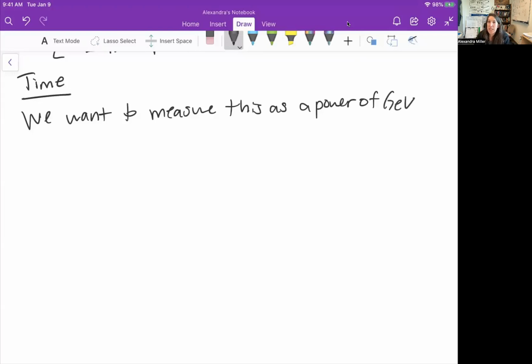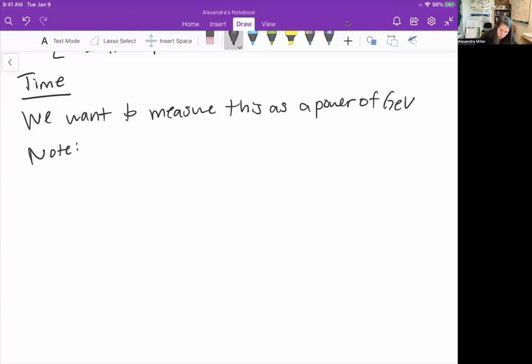So sort of energy to some power. So how can we do this? One thing we can note, so far we've been talking a lot about the speed of light. We haven't been talking about Planck's constant at all, which is the other constant that we're going to set to